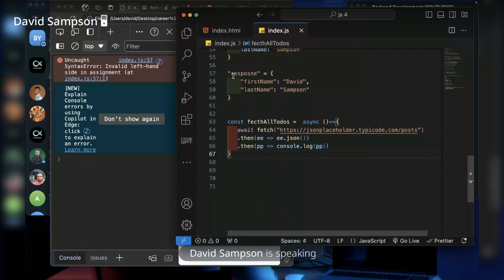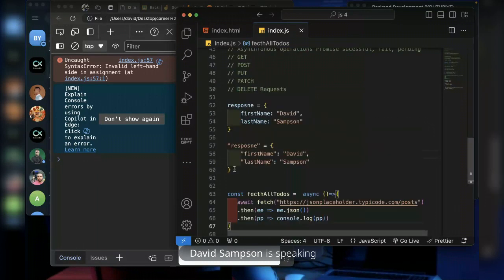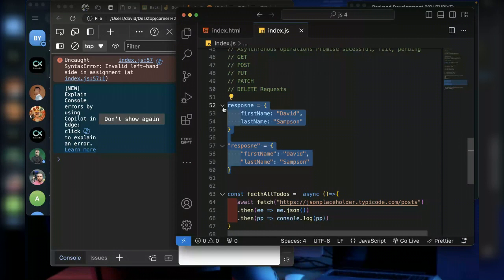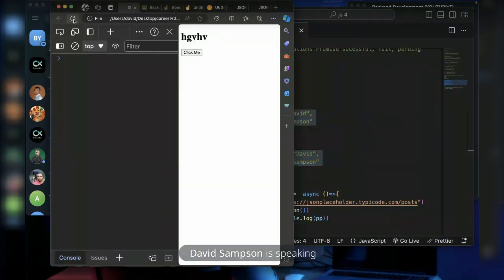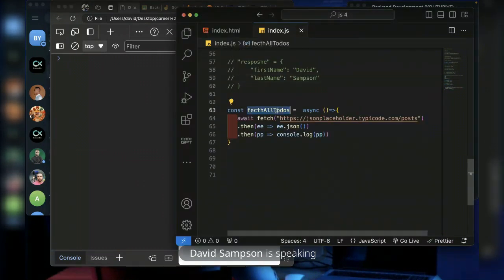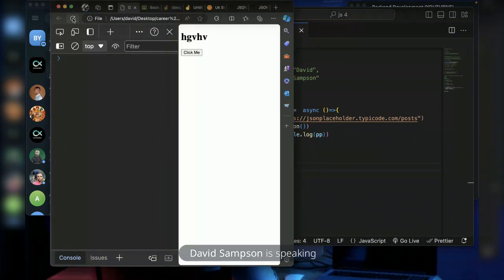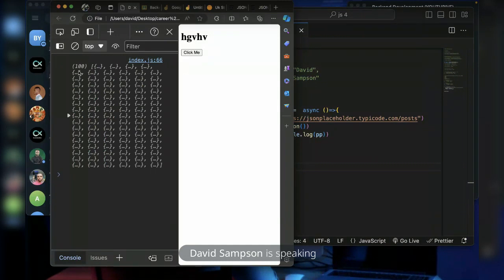Okay, sorry, I've forgotten to comment these things out. Yeah, so sorry. I refresh. So I'm not console logging again because I've not called this function. So I need to call the function for the function to run. Save that and refresh. So we have it fetching 100 posts like this.